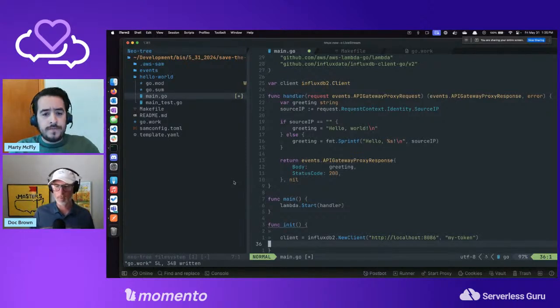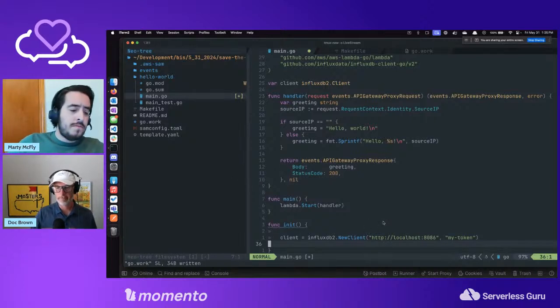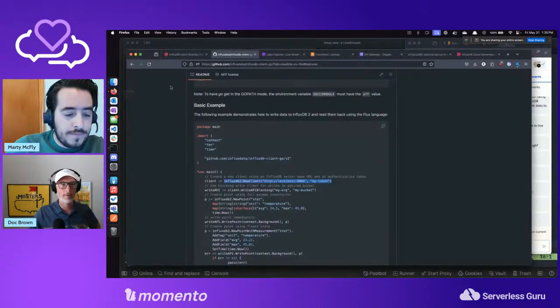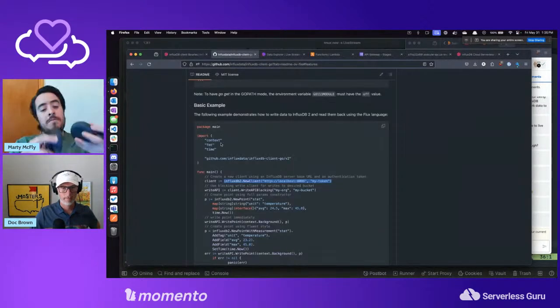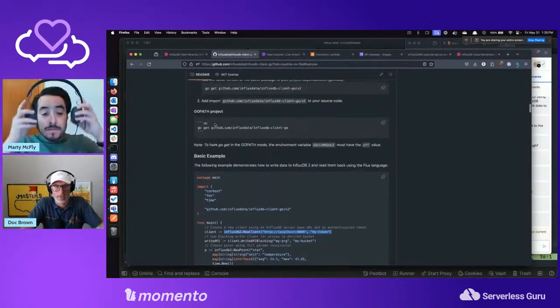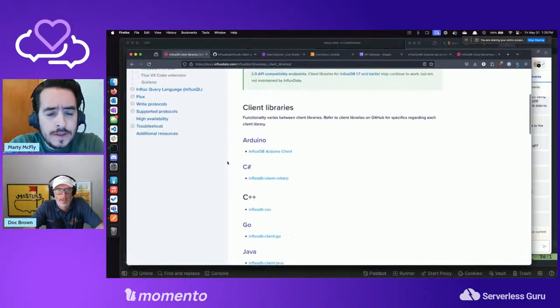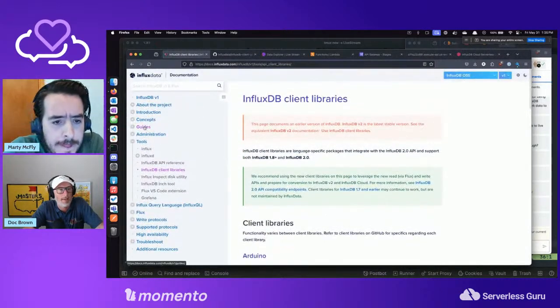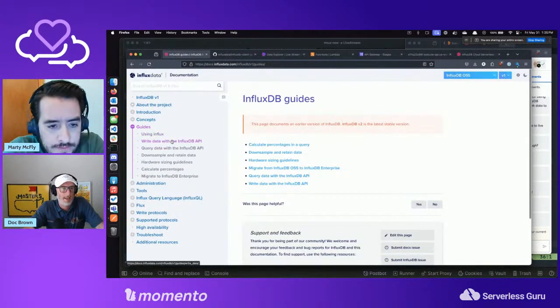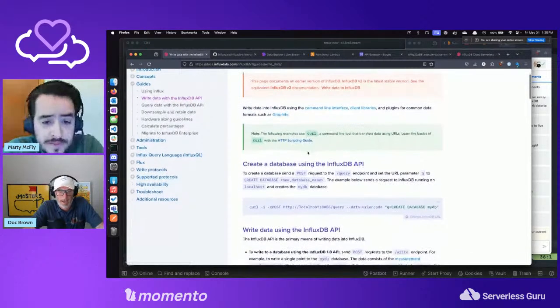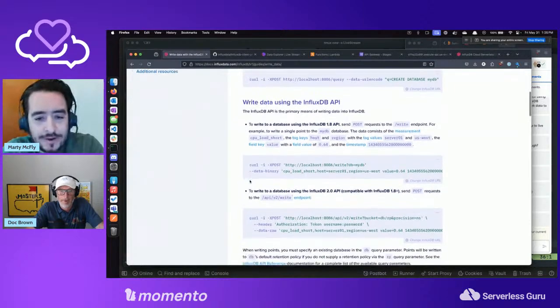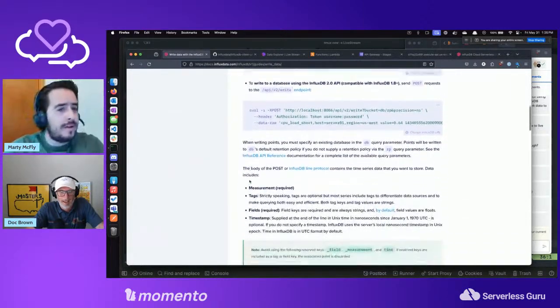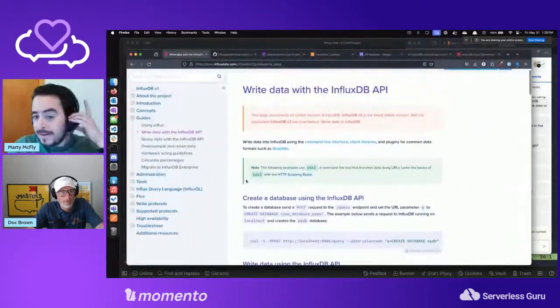Bad thing is none of that's going to work because I don't know what our token and our URL is. So let's go out there. See what do we do next? It jumped into a basic example, but it didn't talk about how to set this up. So let's go find some guides. Writing data. Yeah, let's do that. Let's write some data. Just call the endpoint. It's always local. It's always localhost. That's what's weird. I don't want localhost. I want me some serverless host.